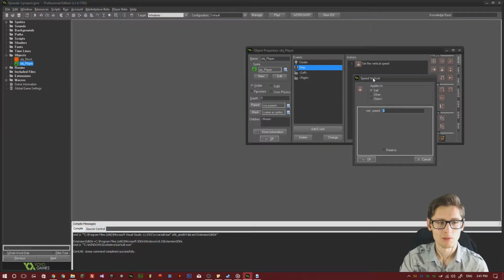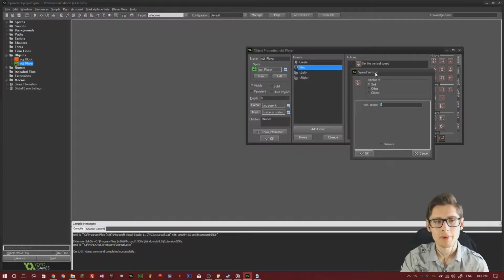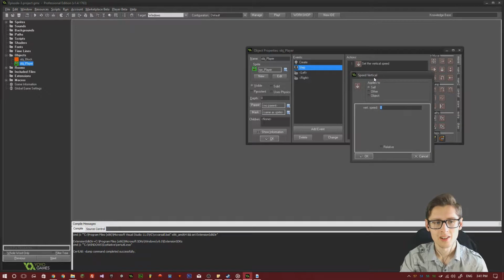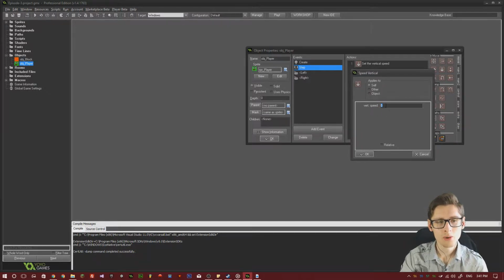Because the amount of time the player is going to be in the air is not very long at all, we don't really need to check the vertical speed for this. So all we can do is make sure relative is checked and then set it to something like 0.4,